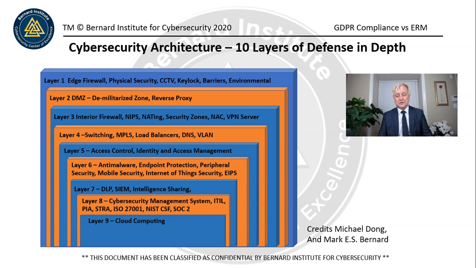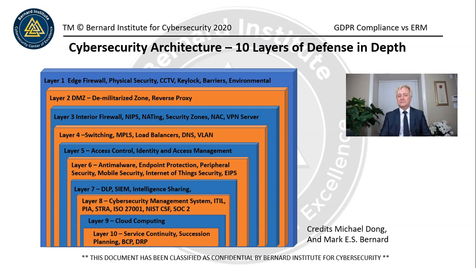So DRP doesn't really matter if you have another team in another part of the world that can pick up the work if there is a disaster, if there's an earthquake, flooding, or fire, or what have you, volcanic activity. You can always fail over to another part of the world where it's not happening and have that team pick up that slack. So cloud computing is actually part of our layers of defense in depth.